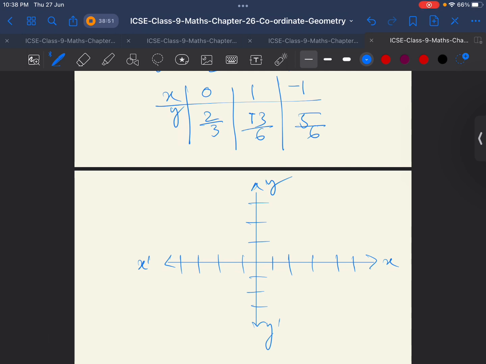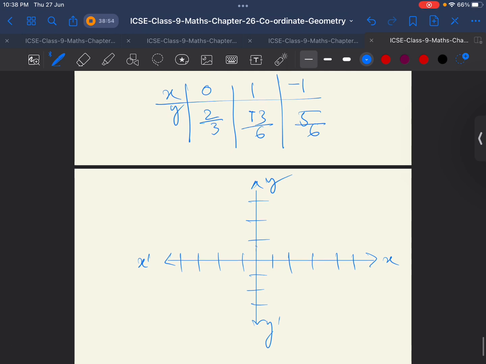So 0, 2/3 will be here, this point is here, and 1, 13/6, 1 is here, this is 1 and 2, 2.16 point is here, this is the point, and minus 1, minus 5/6, minus 1 is here, and this is 0.66. So this point will be here. Okay,